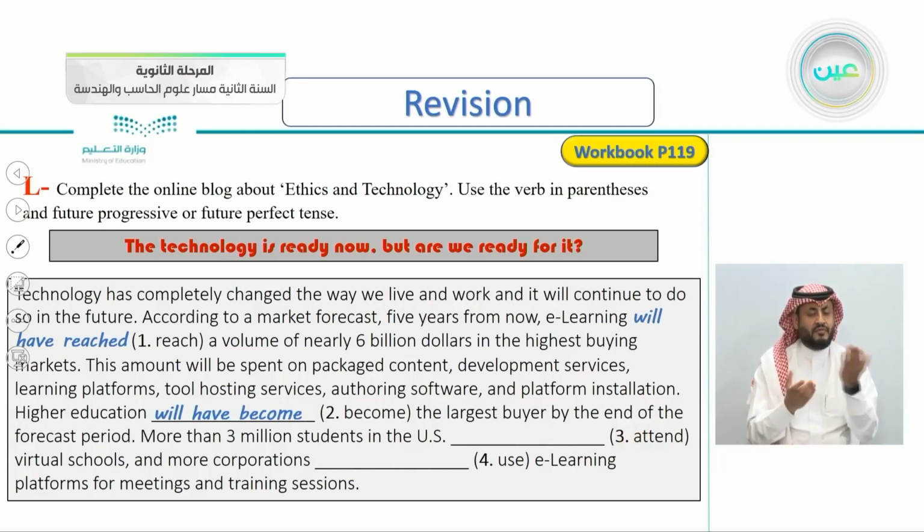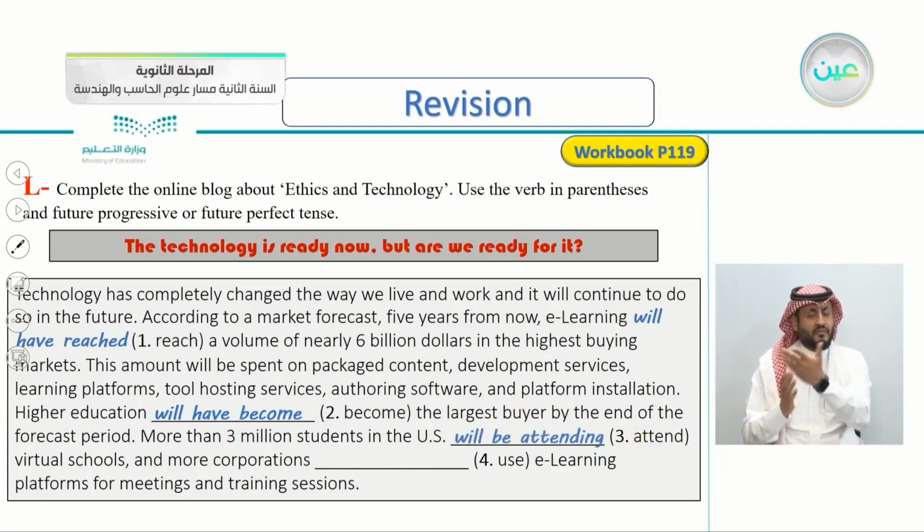So, the correct answer here is will be attending. So we chose here the future progressive. The future progressive will be attending virtual schools, because we're talking about something that will be in progress in the future. We're not talking about two events. Virtual schools and more